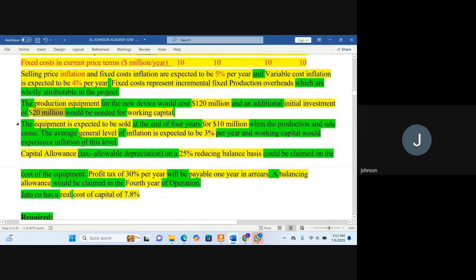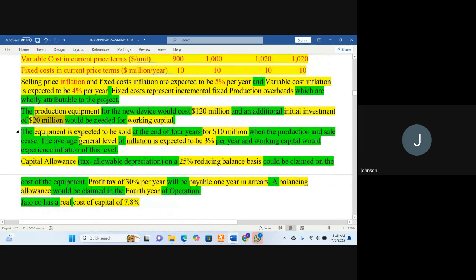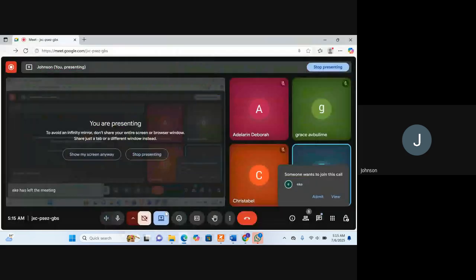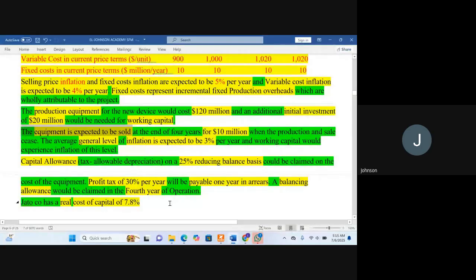So we now continue. They now say the equipment is expected to be sold. When you are working on capital allowance, you also be mindful of whether they say the equipment will be sold. So if they say the equipment will be sold, then you need to check what they mean by that. So if they told you that the equipment will be sold, okay, at the end of 4 years, for 10 million, when the production and sales cease,